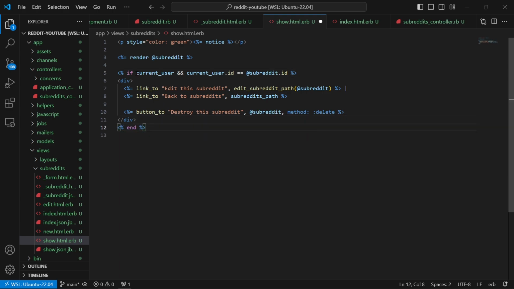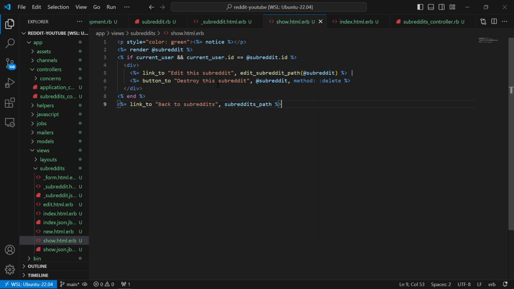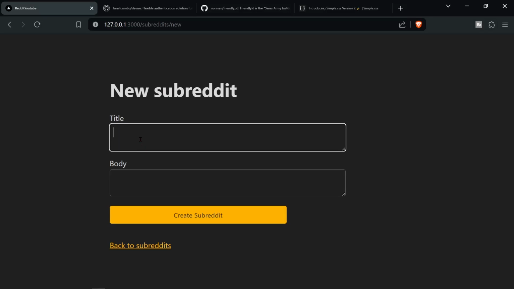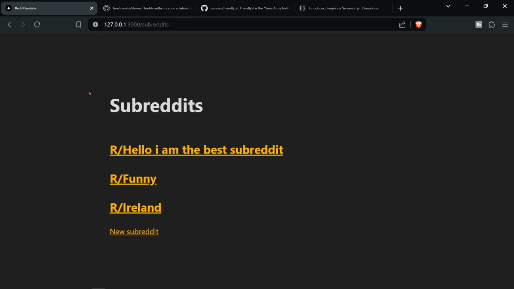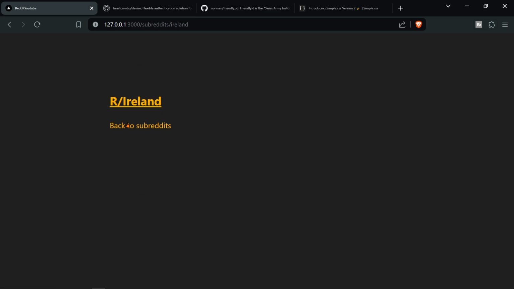So if we're logged in and the current user.id is equal to the @subreddit.id, so that subreddit, then we can show all of these links. Now I'm going to put this back to subreddits, and that's good for now. So now if I create a subreddit, we're going to call this one Ireland, and we create subreddit, and then if I go back to subreddits and click on the subreddit, it's not actually showing me these links,